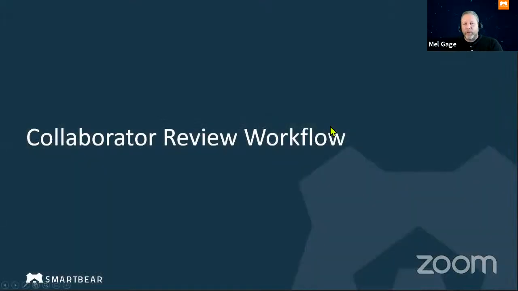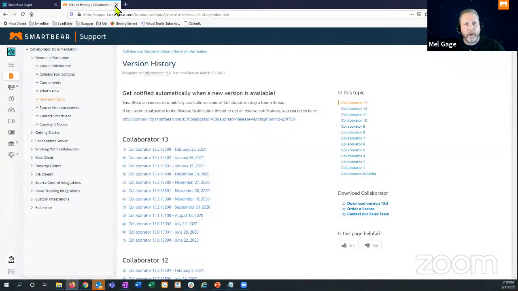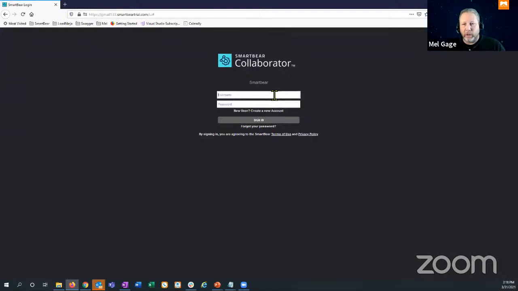So let's go through a basic review workflow and take a look at some of these brand new features and how they work within Collaborator. So I'm going to go back to my Collaborator server and log in. And I'm going to show you one of the features that wasn't listed here. I believe it was actually prior to version 13.4, but it's one of my favorite features, so I do want to show this one off as well. When we sign in,